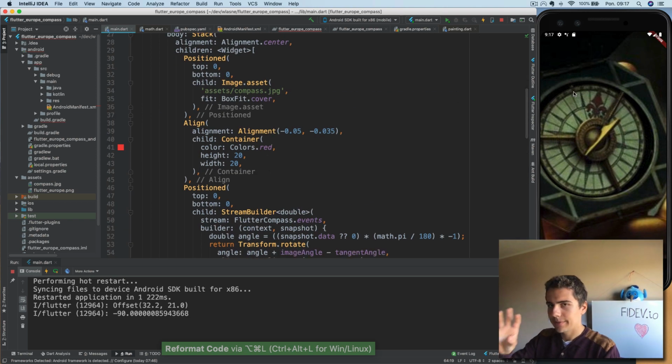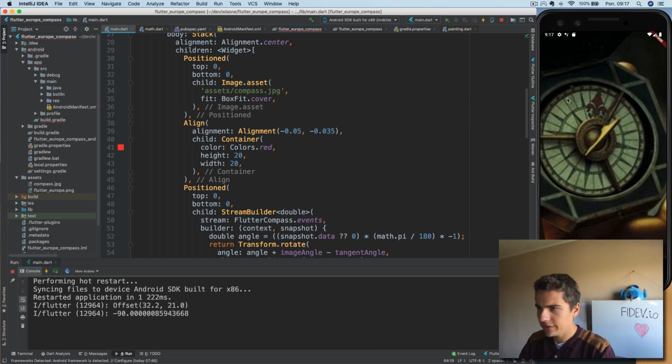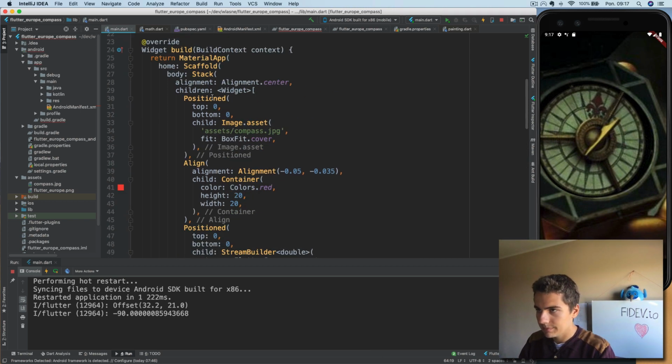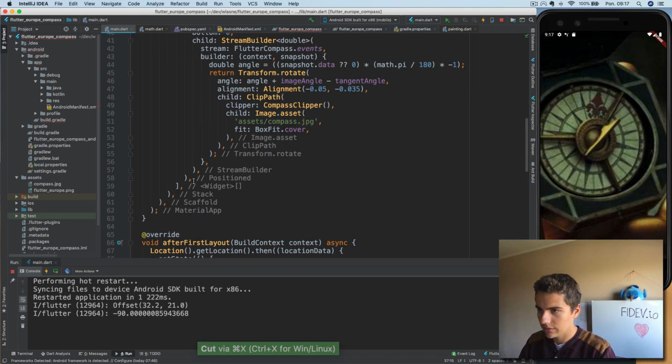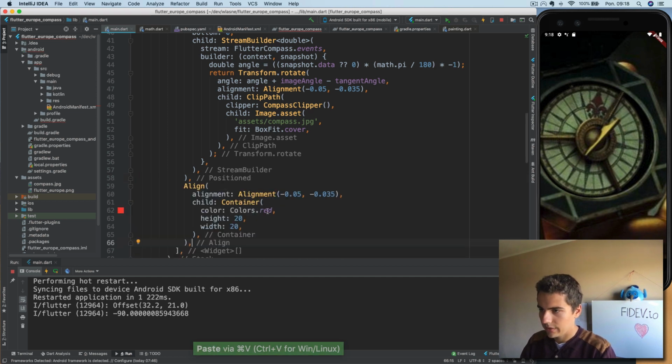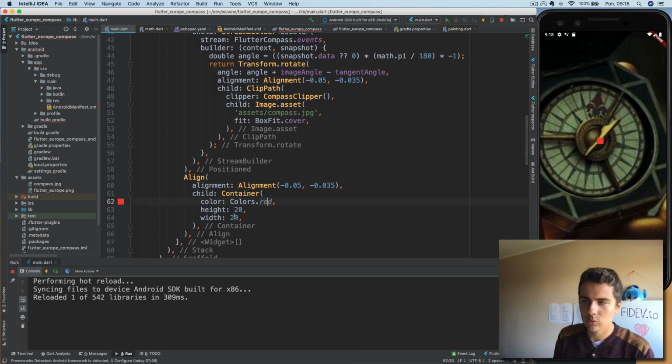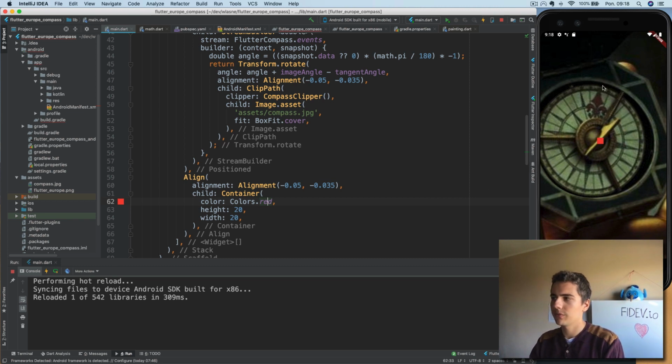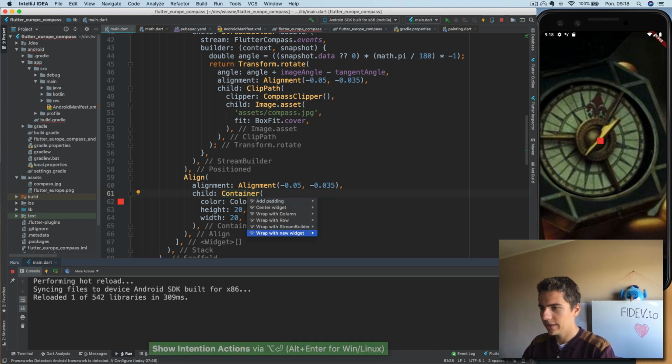So now let's add the Flutter logo, and to do it, we can actually use this. So here we have our dot. Now we want this logo to be ideally on the top of this arrow right here. And okay, yeah. So what we can do is we have this alignment. Now this container we can